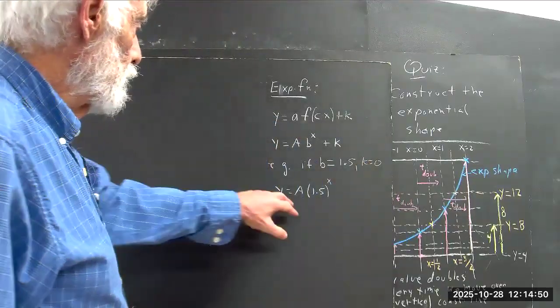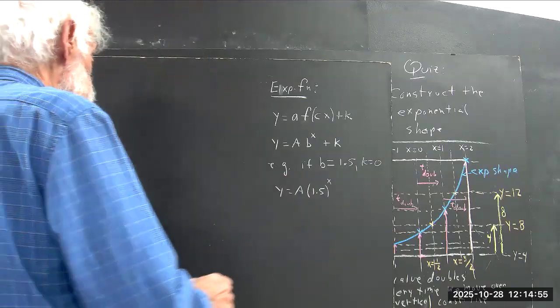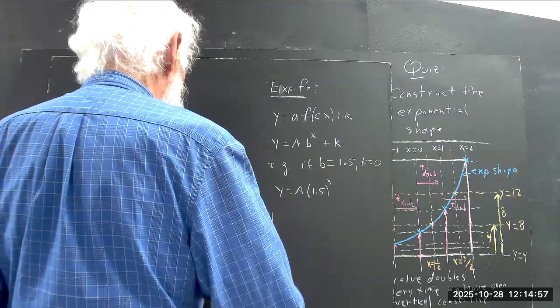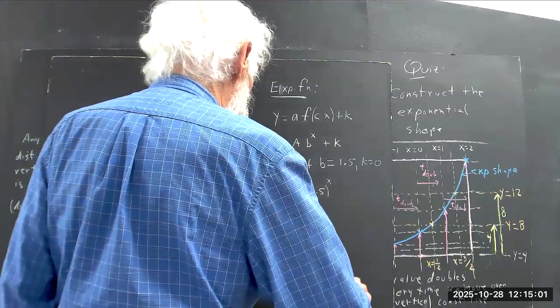One example, you have y equals a times 1.5 to the x. As you'll see, at some point,